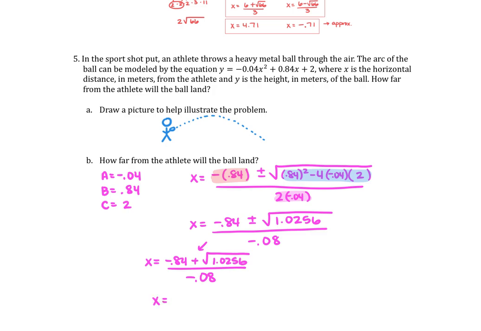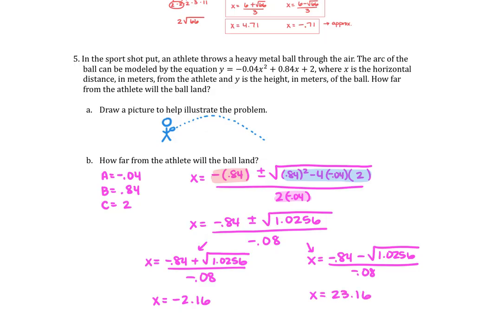That's going to give me approximately negative 2.16. Then I'm going to do one with my minus the square root of 1.0256. And when I type that in my calculator, I get the answer of